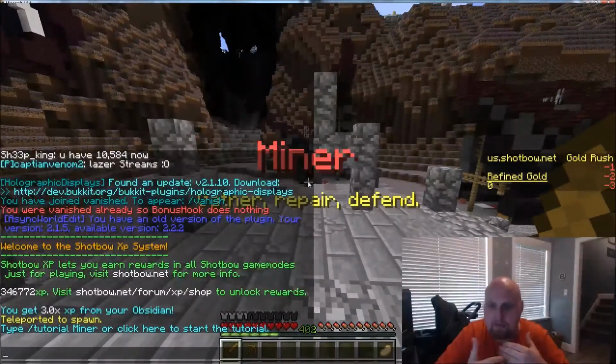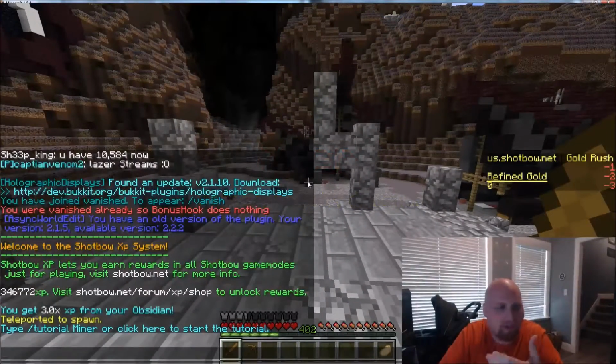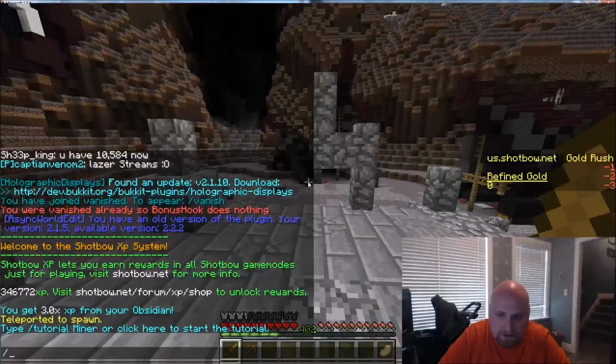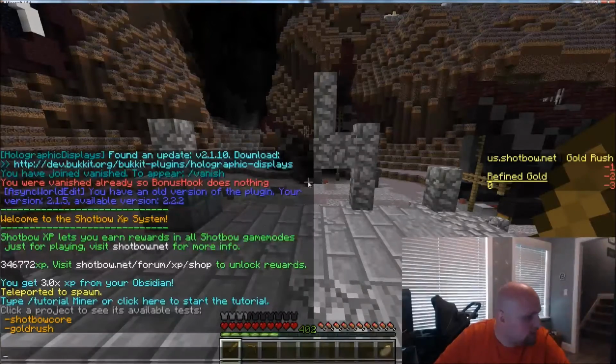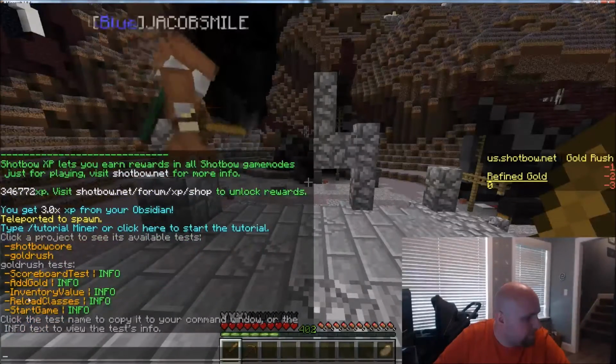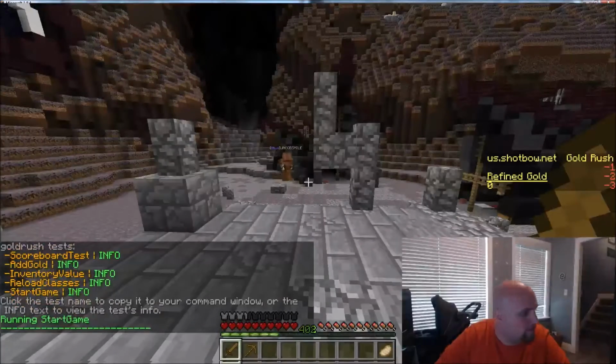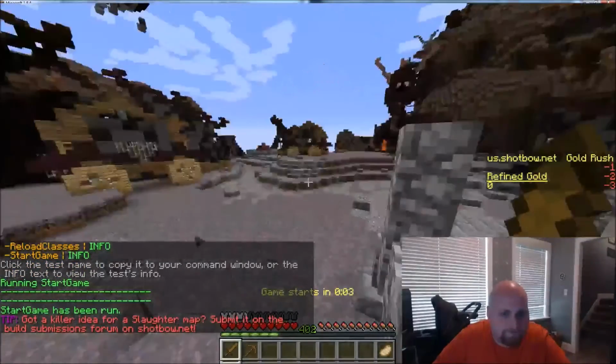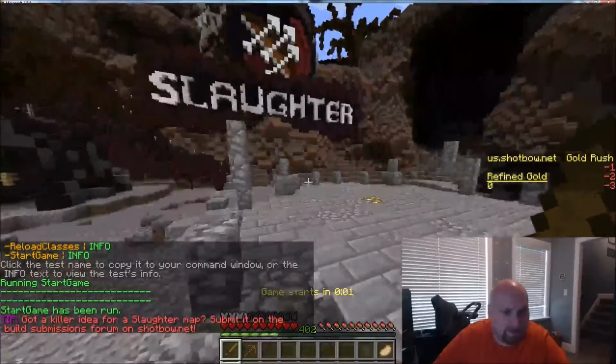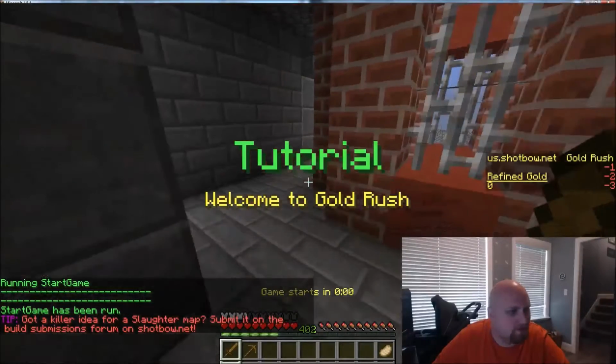We're trying to come up with an engaging backstory about how two rival corporations or companies have set up mining bases in various maps, and make story-based maps with fun objectives. But the basic structure is going to be as follows: test Gold Rush. Oh, I typed it wrong. Start game 5. Okay, so I have a fancy little test framework for testing things in game.